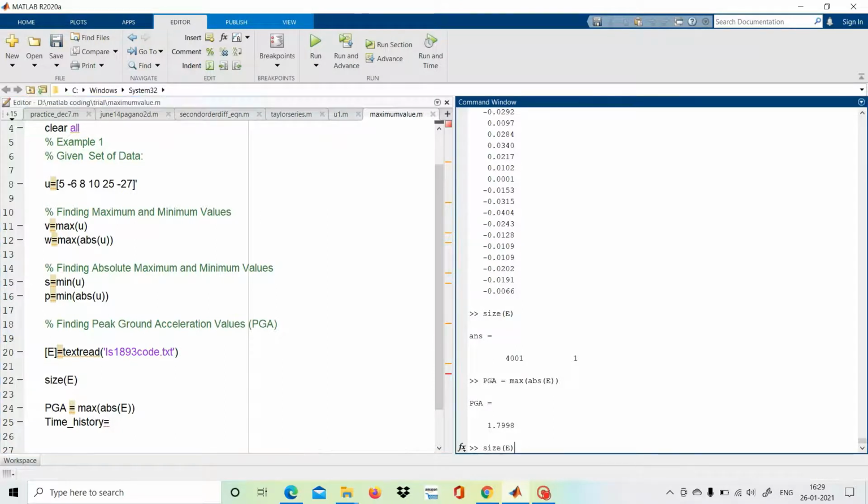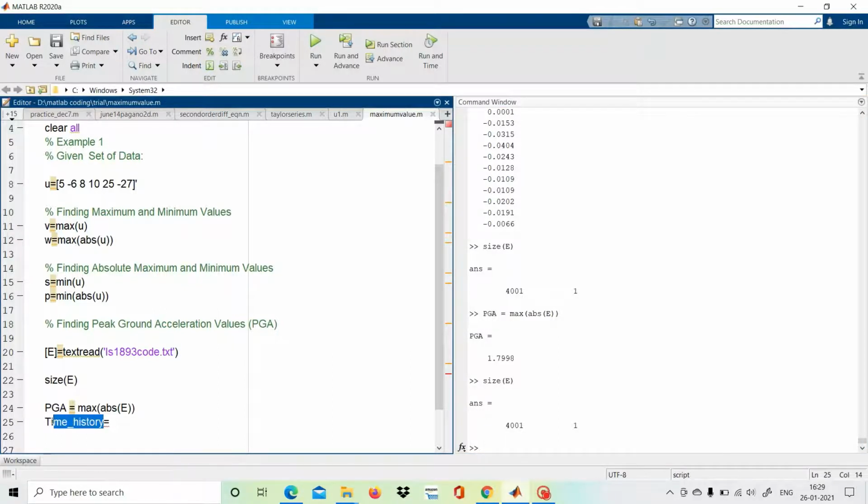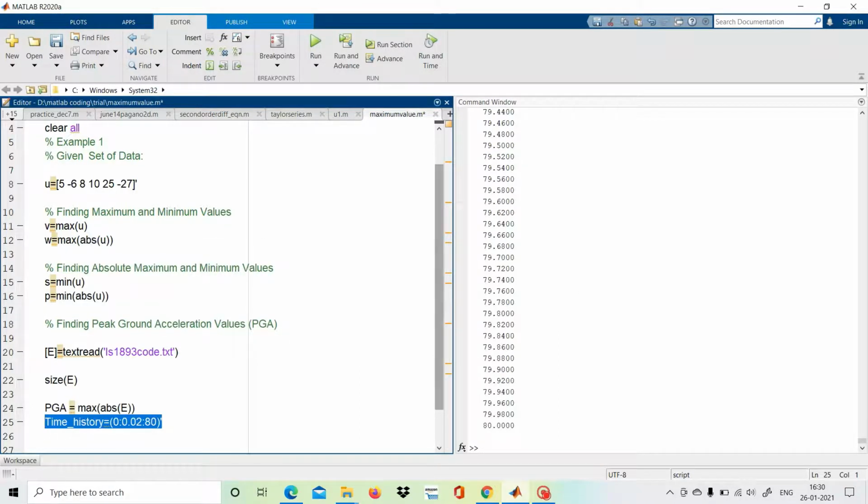So we write a command for the time history: starting from 0, with the discrete increment of 0.02, up to 80 seconds. First we make it a column vector.